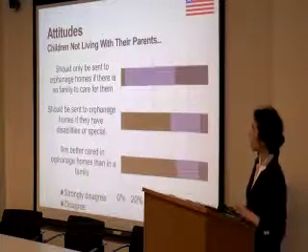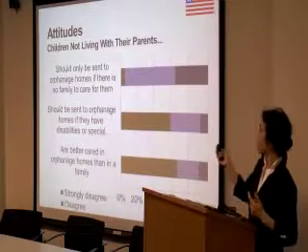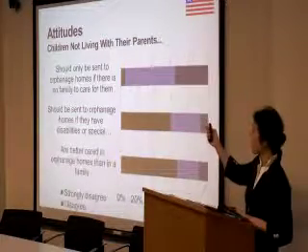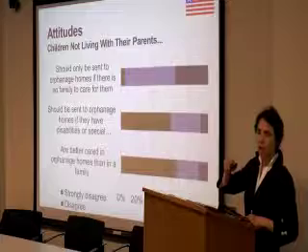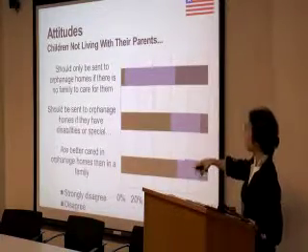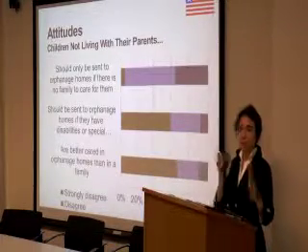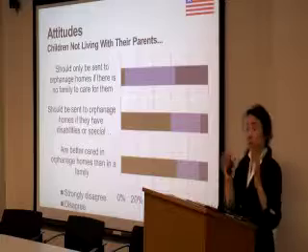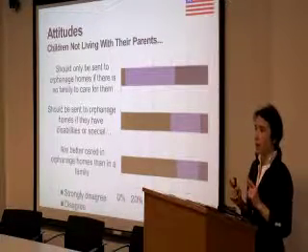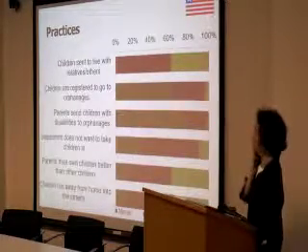I just point out this interesting paradox where they think that children who are not living with their parents should only be sent to orphanages if there's no family to care for them. So most of them agree. But then they also say children are better cared for by families than by orphanages, which I think is probably interpreted as because kinship care is not always quality care. So we can come back to that later, but I think it resonates with what Ron was saying.